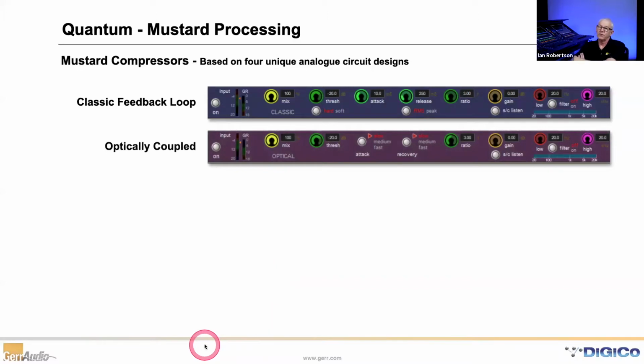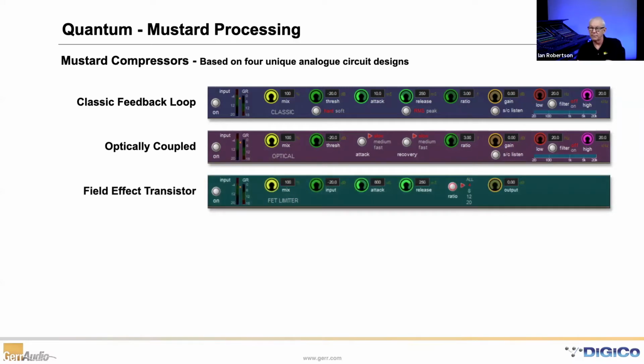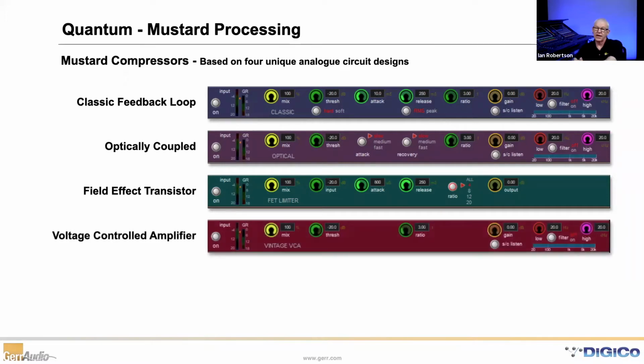The next one was optically coupled, and the reason optical coupling comes into play is that it's a way to take a true RMS signal and use that to trigger the compressor. There's a little light inside, and it shines against an optical sensor, and that's how an optocoupler works. So there's an optically coupled one. There's a FET-based compressor as well, so that's a faster responding compressor because it's FET. And then lastly, there's a VCA style, and a VCA style is